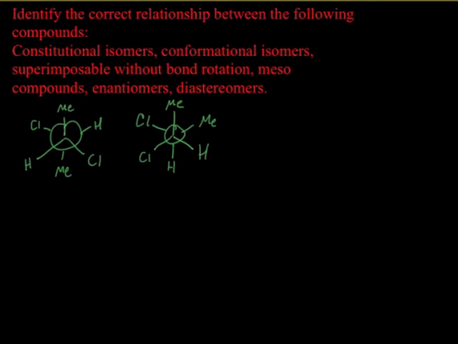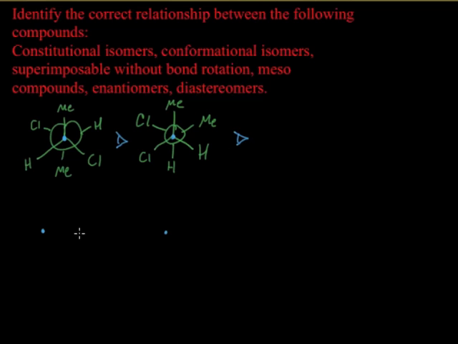Okay, let's look at this one with the Newman diagrams. First thing I'm going to do is redraw these, not as Newman diagrams, alright? So in both cases, I'm going to be looking from the right side of the molecule, okay? Which means this carbon, I'm going to label blue real quick, and then I'll have the ring be green. So in both cases, the blue carbon is going to be on our left,